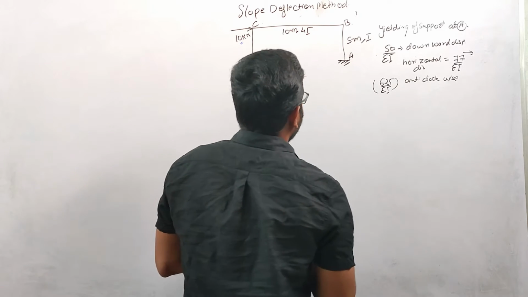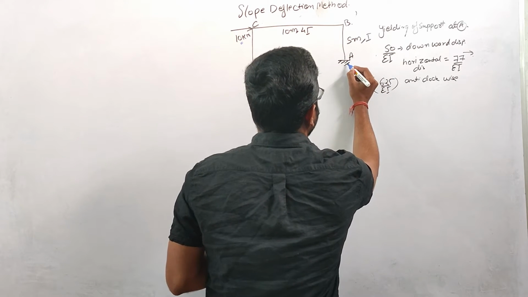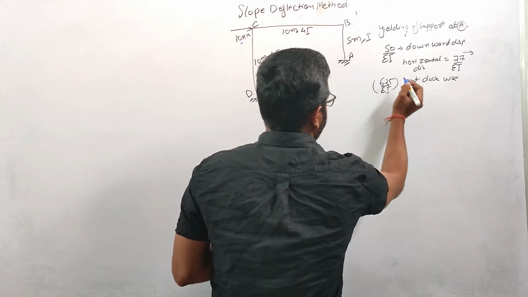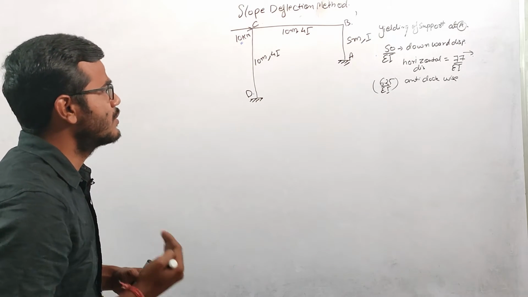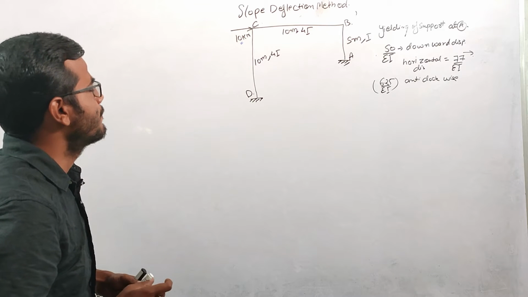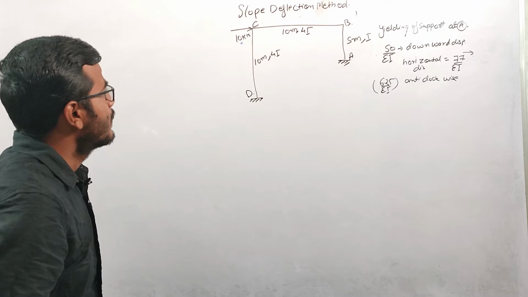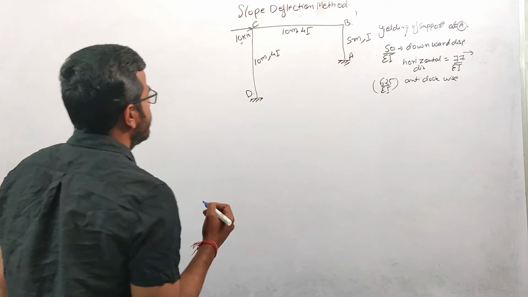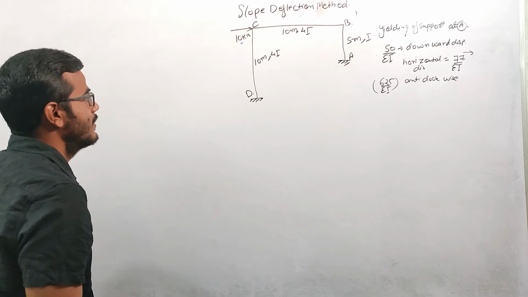So basically at A, you can see that there is a downward displacement due to yielding of support, due to sinking of support. There is some horizontal displacement also in the right direction, and there is some anti-clockwise rotation at A. Okay, so right now we need to analyze this problem. Before analyzing this problem, we need to have the idea of the kinematic indeterminacy. Kinematic indeterminacy is defined at the nodes, and kinematic indeterminacies are basically the unknown displacements, right?